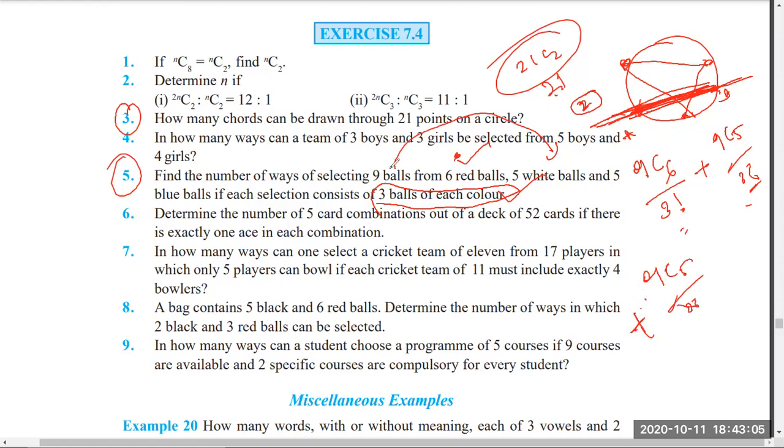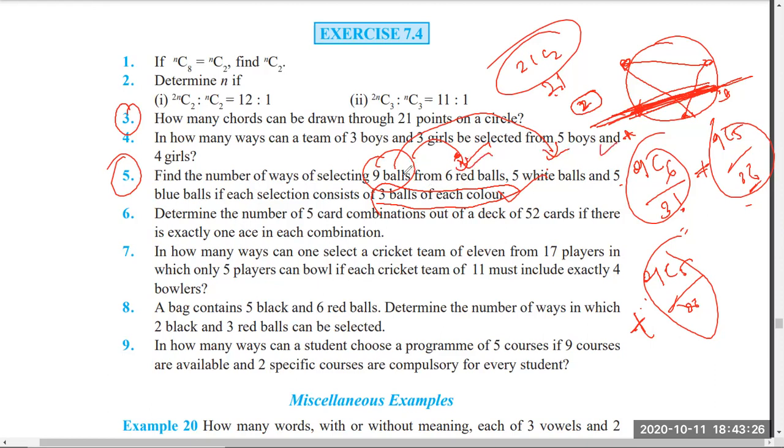Yeah, because there are 9 balls, and in each case we are selecting different balls. So this is 3 different cases, and you need to add all the different cases. That will give you the total number of ways. Yet the sum of these 3 things is not 9. They are different, so these are 3 different cases.